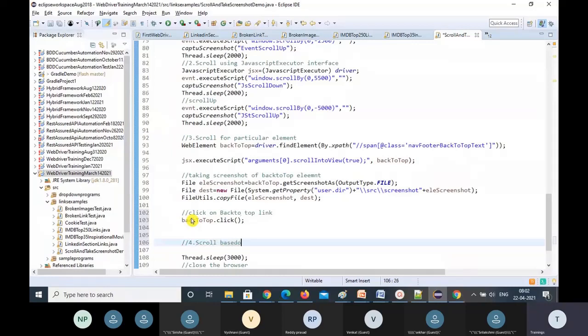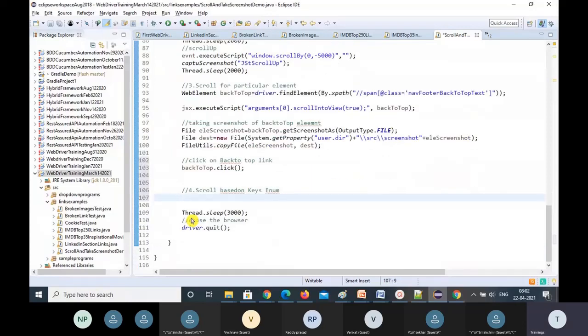Scroll based on keys enum. Keys enum, we need to scroll. So let's see how to scroll based on the keys. So driver dot, you need to use a for loop, because otherwise, if you call driver dot find element by dot tag name body send keys dot down once, it will scroll down only one time. But you want more number of times.